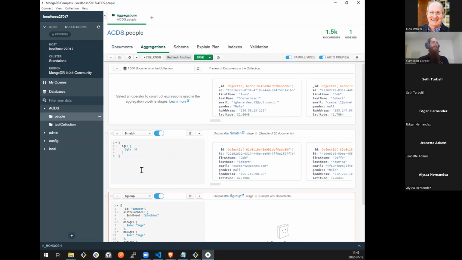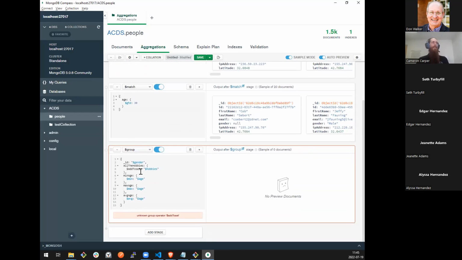You can see that it has separated our aggregation pipeline into its individual components. We have our first stage, which was a match, and applying this logic. And now I understand why I wasn't able to get this to work. I was writing my unwind in here. I should have been choosing an unwind operator up here.